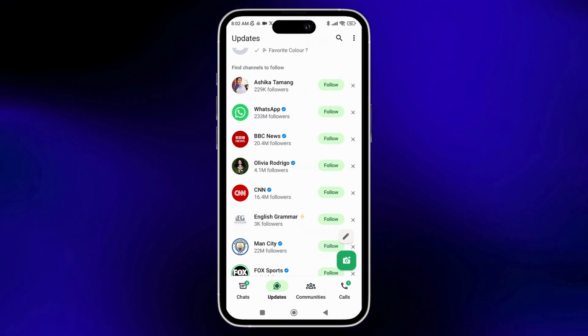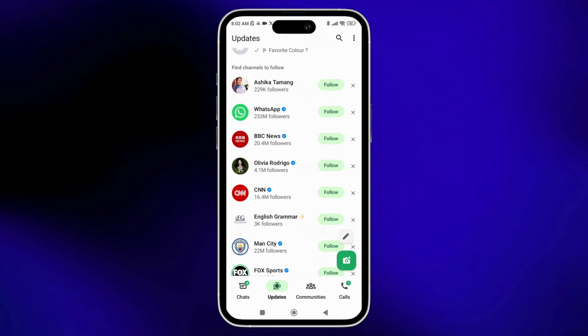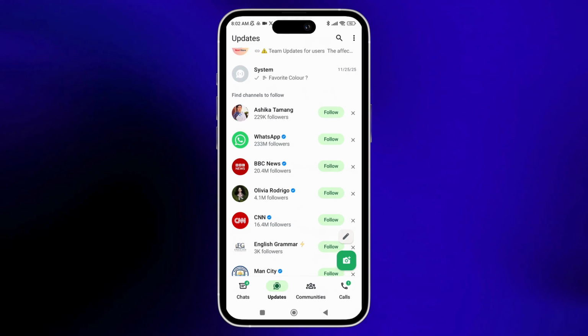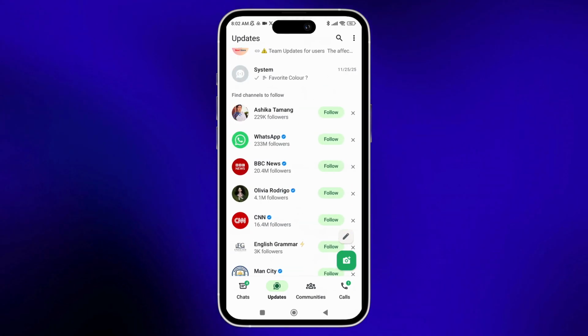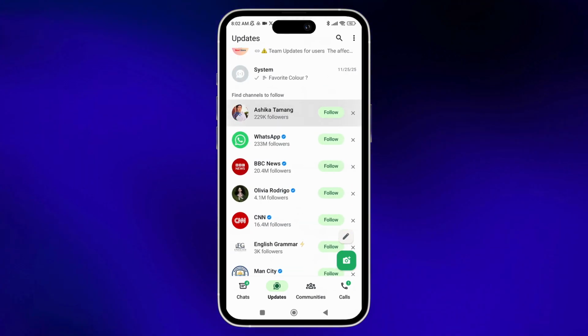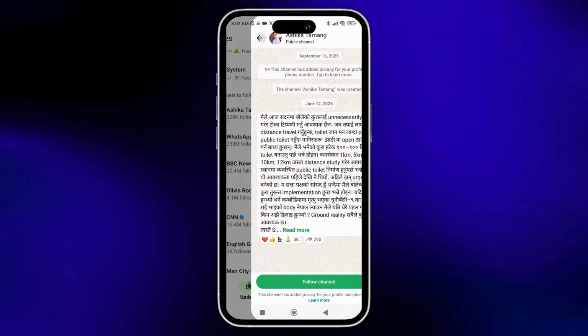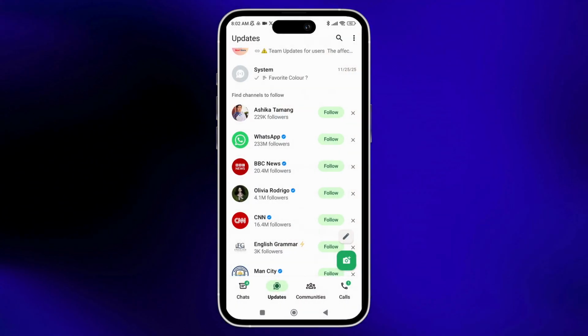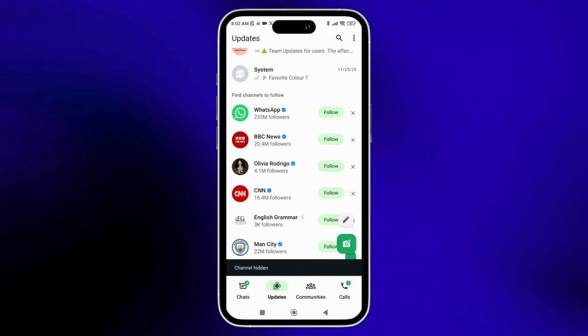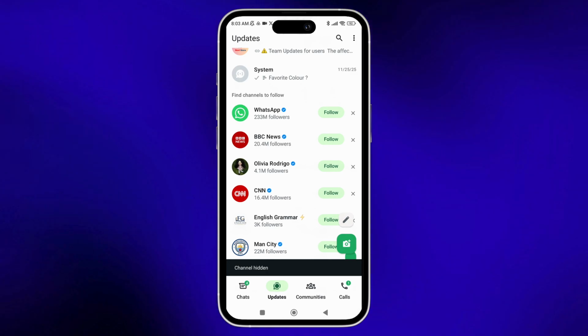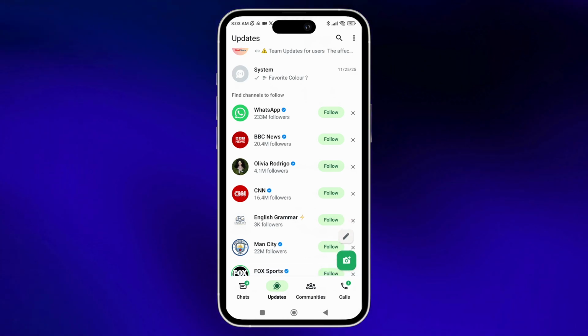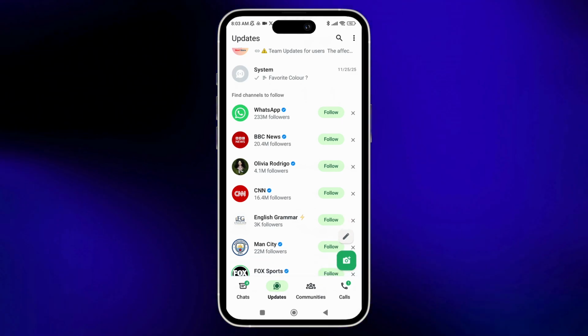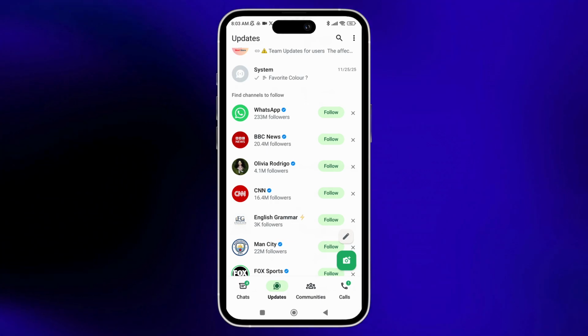If you want to remove channels from the suggestion section, you can just swipe or long press on it, or you can just tap on the X icon just beside that channel name to remove it from the suggestion section. And with that, if you want to remove the channels that you follow, then